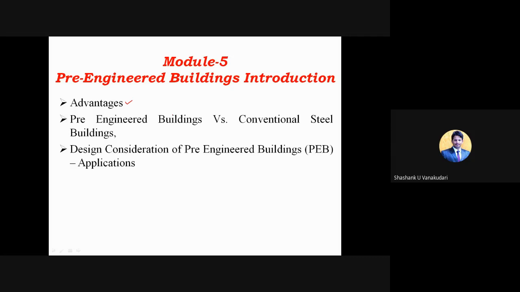Here we need to compare the pre-engineered building with the conventional steel buildings. This is the most asked question in module 5, which is related to module 1. Whatever we study there, the advantages, limitations, disadvantages or applications, the same thing will be repeated in module 5. You just need to consider the whole building for this comparison. Most of the points will be similar to the first module, and there are certain fixed questions from this module 5. So studying module 5 will be very advantageous for getting better marks.